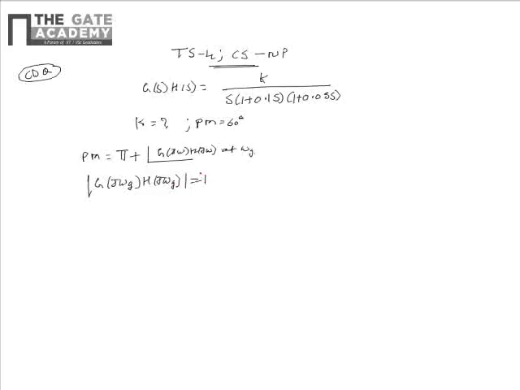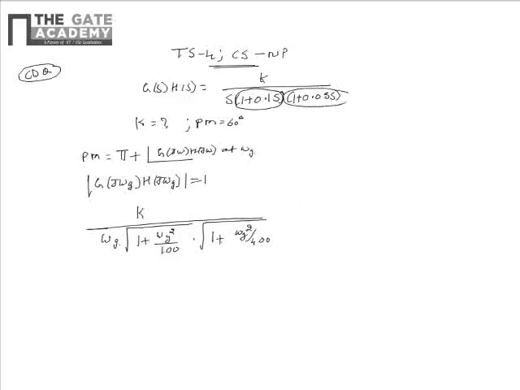is equal to 1. So upon simplifying this relation, we see that abs of G(j omega g)H(j omega g) can be written as K divided by omega g multiplied by square root of 1 plus omega g square divided by 100, that is the magnitude of the quantity marked at s is equal to j omega g, which is further multiplied by square root of 1 plus omega g square by 400, that is the magnitude of the term marked at s is equal to j omega g. And we know that this is equal to 1,